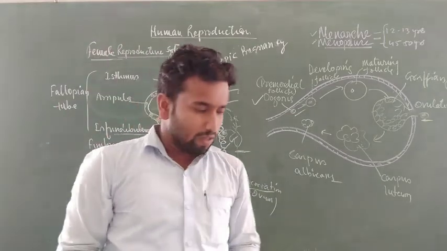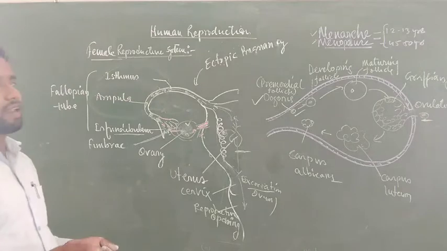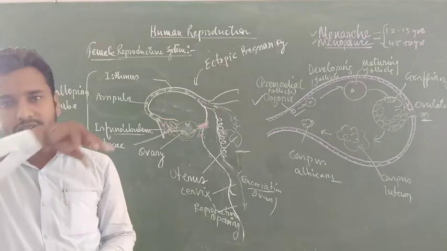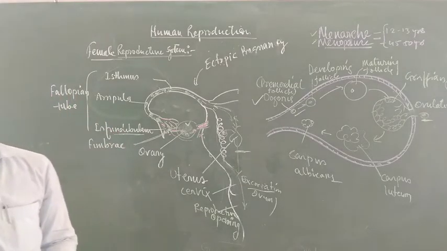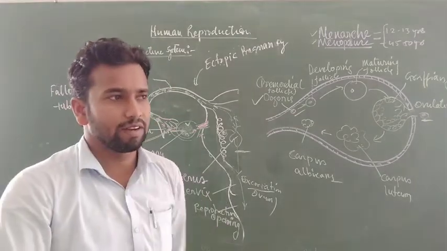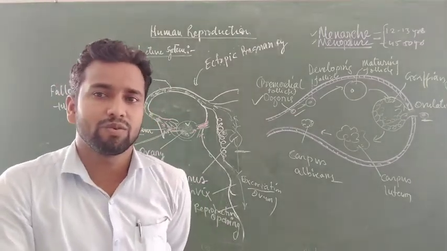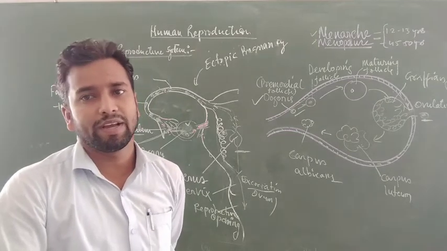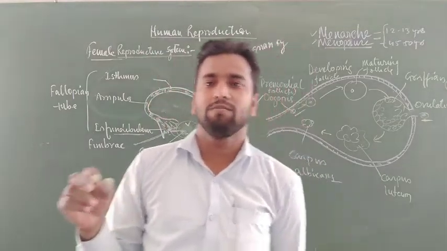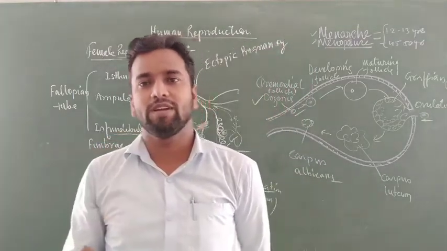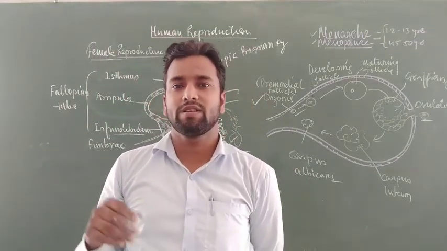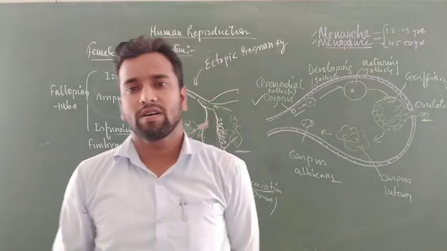Now, another topic: what is a mammary gland? Which type of gland is it? How many mammary glands are present in females? A pair of mammary glands generally. Each mammary gland has 15 to 20 lobes, and each lobe has alveoli, and the alveoli directly join with the canal, where milk is formed and stored in the alveoli. At the time of feeding the newborn, it is discharged through the canal of the mammary gland.